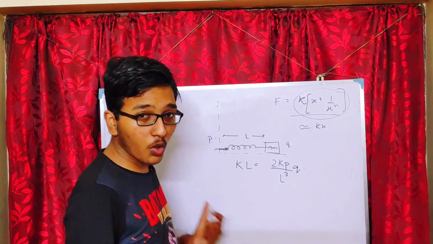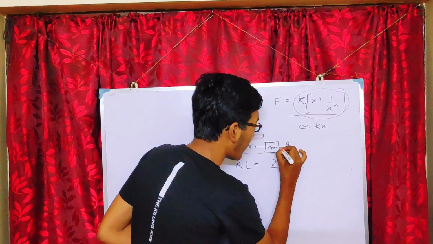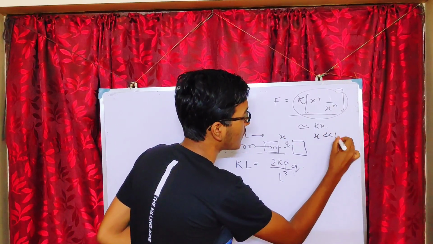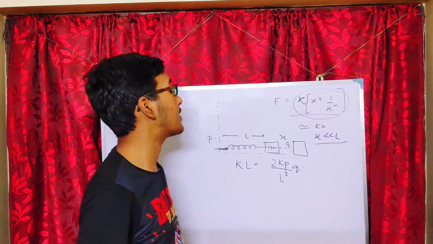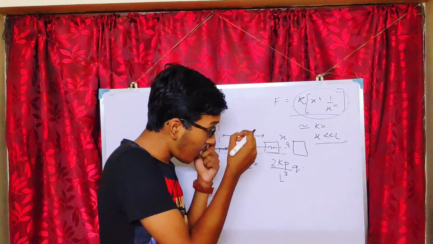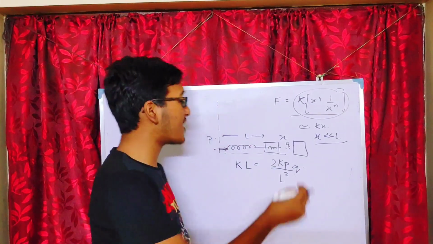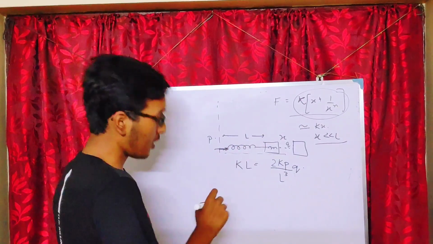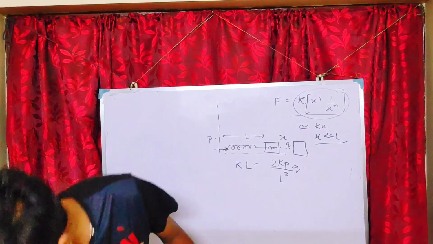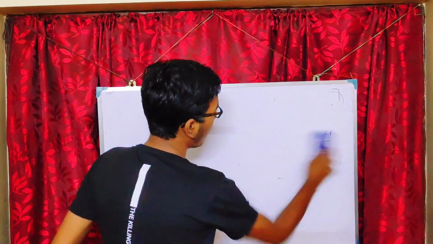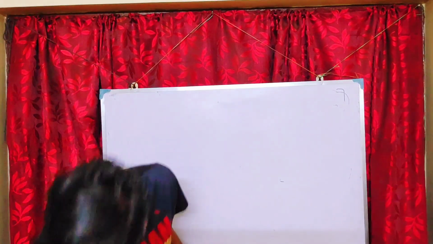right? Now what you have to do, you have to displace it by a distance x where x is small compared to L. This is the condition. And why you have to do this? Because only for small oscillations will this be SHM, otherwise this will not be SHM. You have to keep that in mind, right? So if I assume that to be the case, so the problem would be like